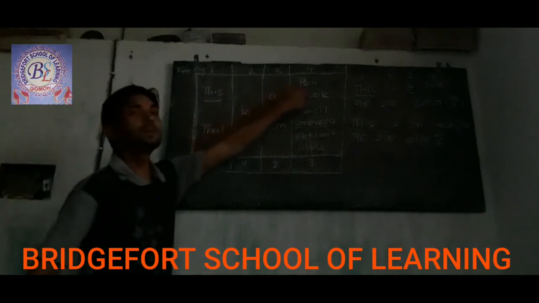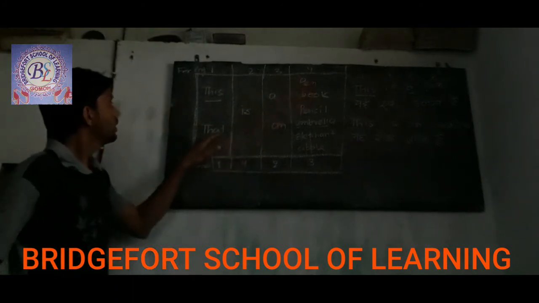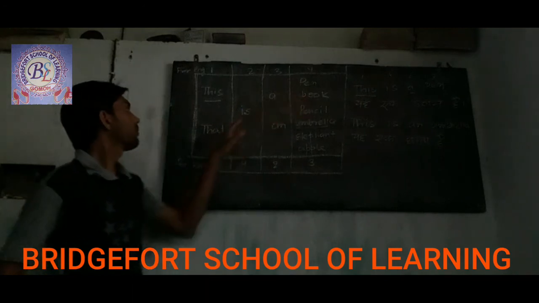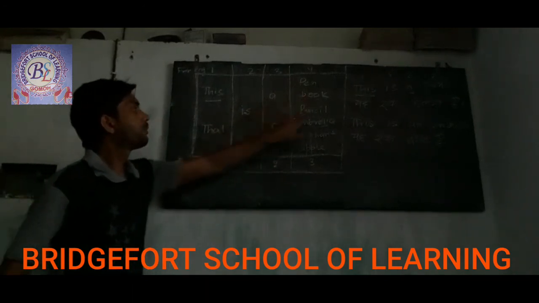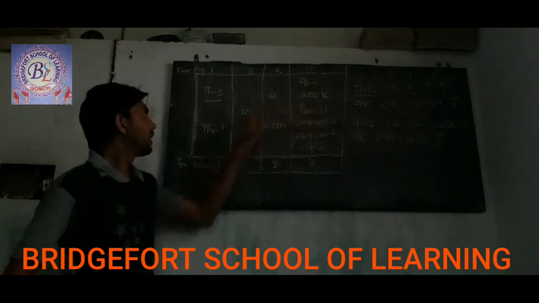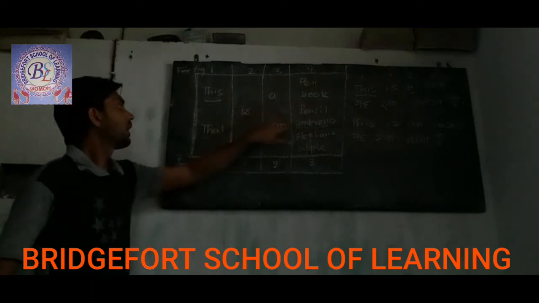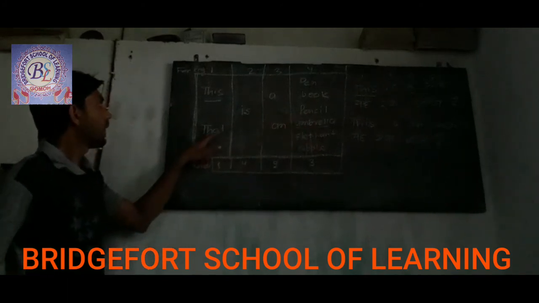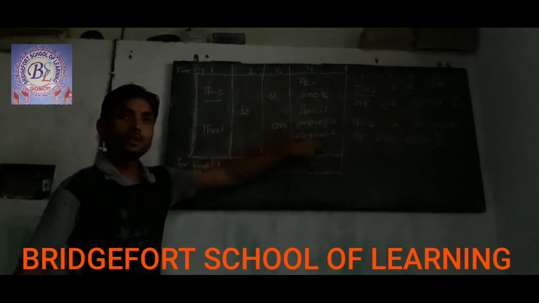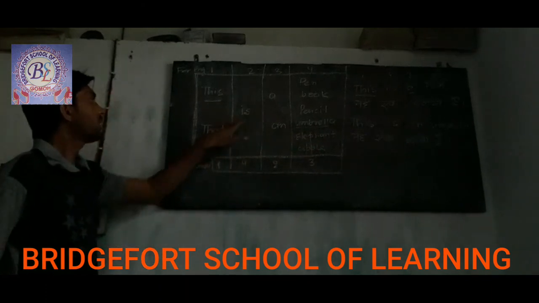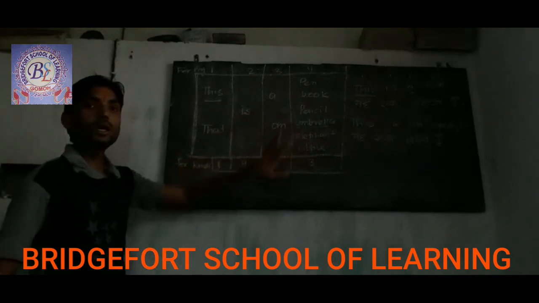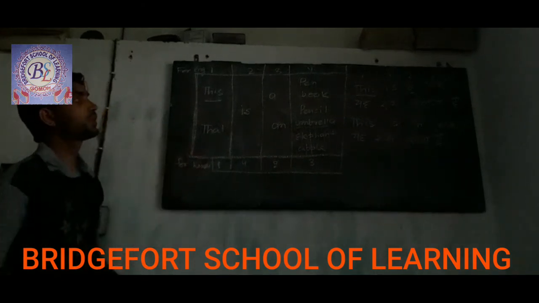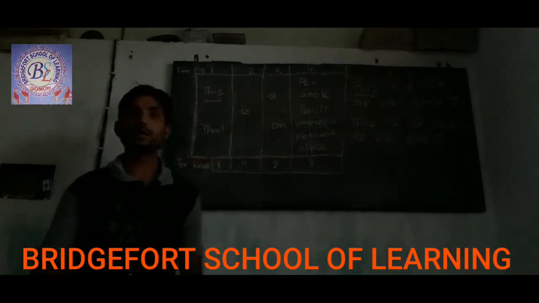Now again you will just have to come up with another sentence, that is, that is a pen, वह एक कलम है, that is a book, वह एक किताब है, that is a pencil, वह एक पेंसिल है, that is an umbrella, वह एक छाता है, that is an elephant, वह एक हाथी है, that is an apple, वह एक सेब है। And in this way you will create a number of sentences with your own sense and your own understanding.